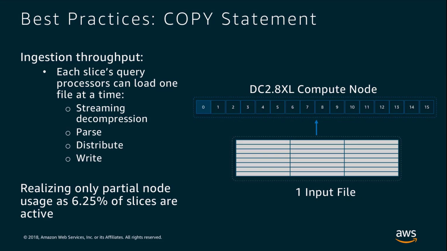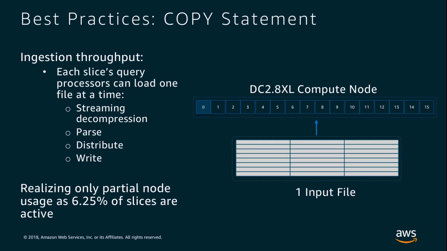All right, we're going to talk about the copy statement and how it's optimized based on the number of slices in the cluster. On my screen right here, I have an example with a single DC2 8XL compute node. In Amazon Redshift, if I were to issue a copy statement and load this single file, what would happen